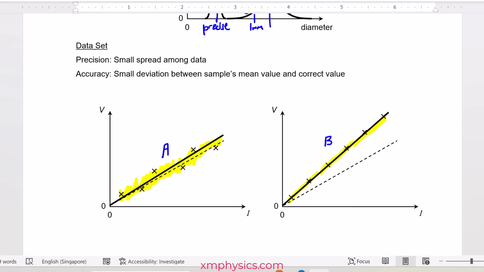So let me write down here first, precise. As for accuracy, again, that depends on whose result gives us a value that's closer to the true value. Suppose that the dashed line here represents the best fit line for the correct true value. If that's the case, then A is actually more accurate because his best fit line is closer to the true or